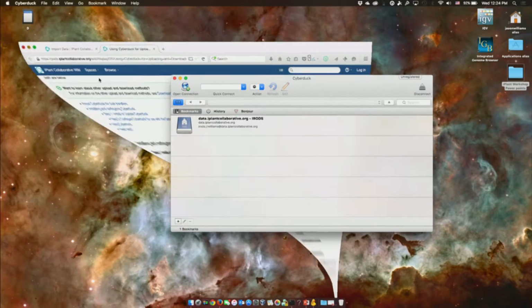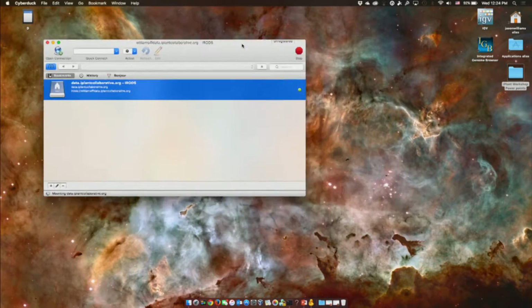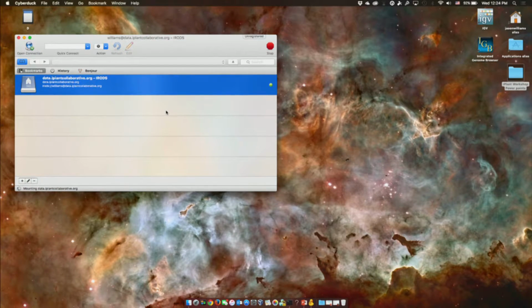So my iPlant data store is bookmarked here, and I need to double click on that. Now, in my experience, it takes about 30 to 60 seconds to mount. But once it does, I'm going to see a listing of all the files and folders in my iPlant data store. And if I want to move files and folders from my iPlant data store to my computer, then again, as I mentioned, it's very much like Dropbox, where you move from one side to the other, and it will start the download. So I'm going to give this a moment to start, quickly show you that,